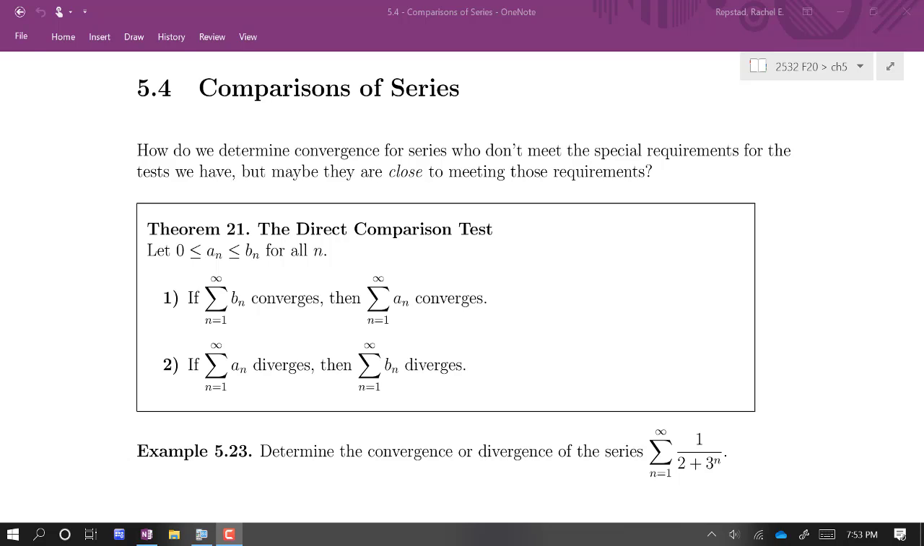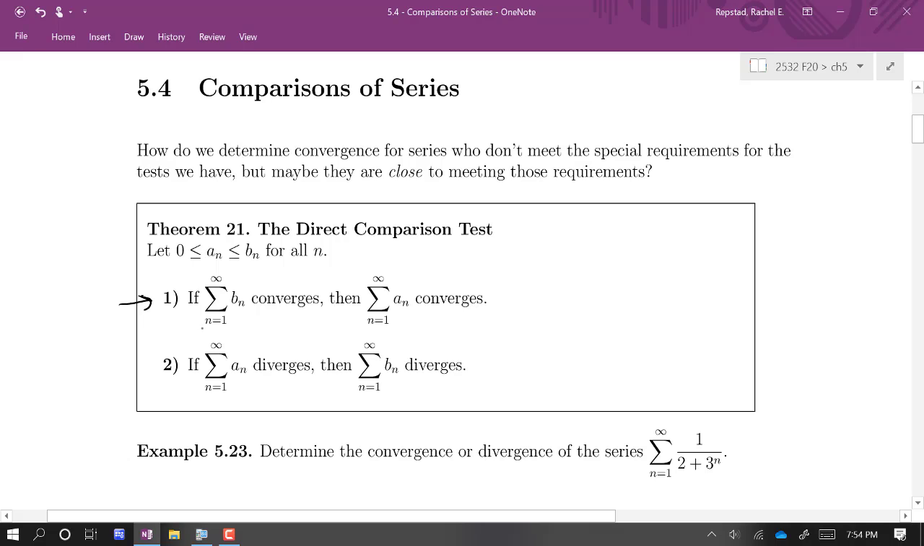There are two comparison tests. The first is called the direct comparison test. I don't want you to worry about AN versus BN, which ones we call A's or which one we call B's just yet. I don't want us to get caught up in subscripts, but here's the gist of the direct comparison test. Part 1 says,